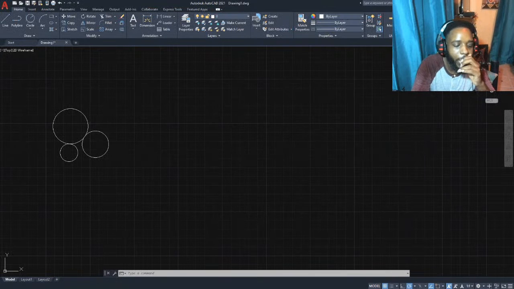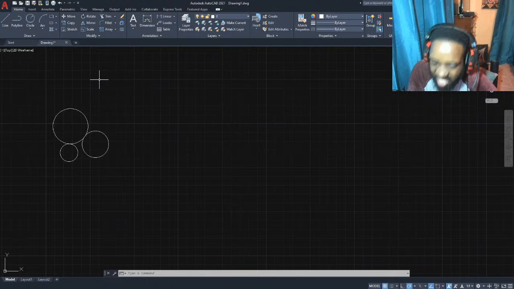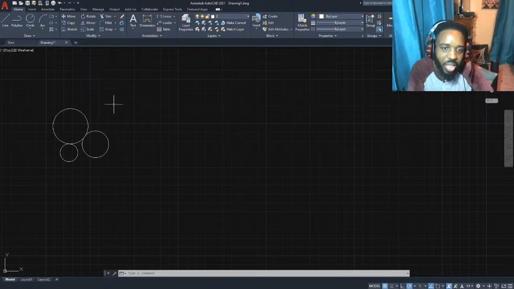So let's say that we have a square. We weren't given any specific measurements to work with, so we're going to work with our own measurements.